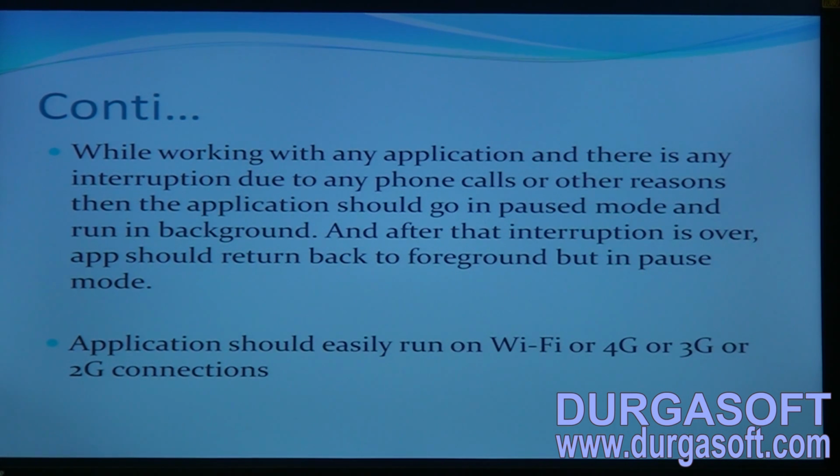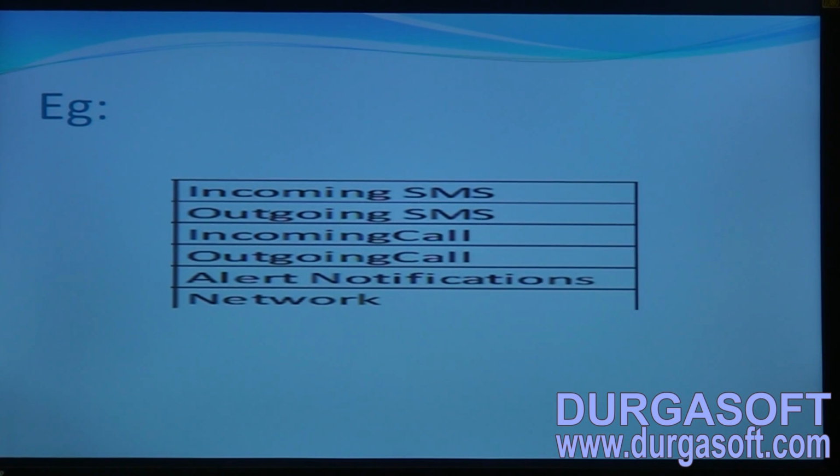If you are watching a video on YouTube and about 10 minutes are completed, but you get a call from a friend, then after you finish your call it will start again from the 10 minute mark only. We have to test applications like that. And applications should run easily on Wi-Fi, 4G, 3G or 2G connections. See, incoming SMS or outgoing SMS, incoming call, outgoing call, or some alert messages coming are interruptions,